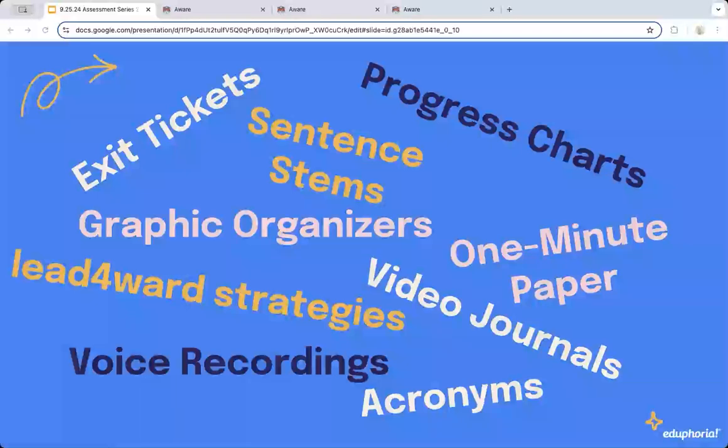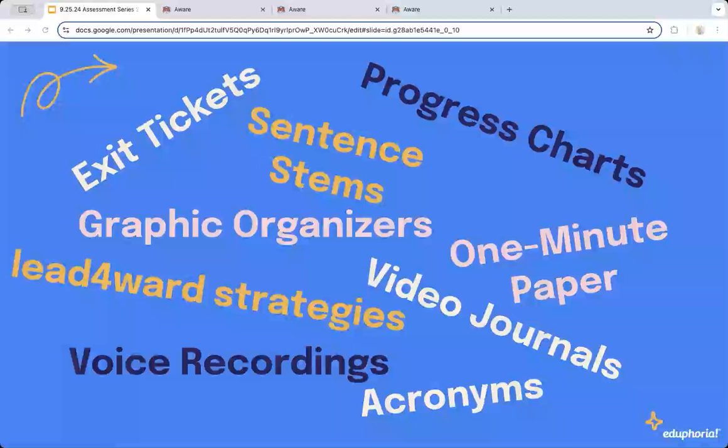Here are some examples of things that you can actually Google, some keywords or key phrases that when paired with the word reflection, you can get some really interesting results and ideas. If you're looking for exit ticket ideas, type exit tickets reflection, or even exit tickets and the concept you're doing. Google something like progress charts. There are a whole bunch of examples on how kids can fill in progress charts over time that can be really powerful. You can have kids reflect using a strategy called the 1-minute paper.